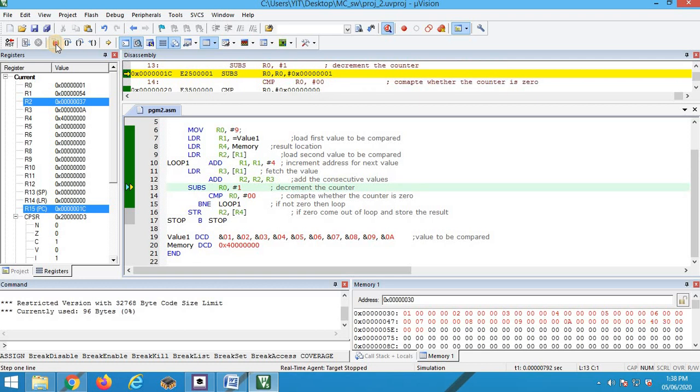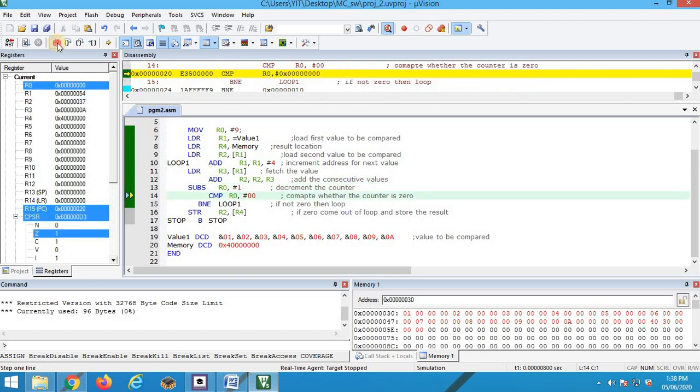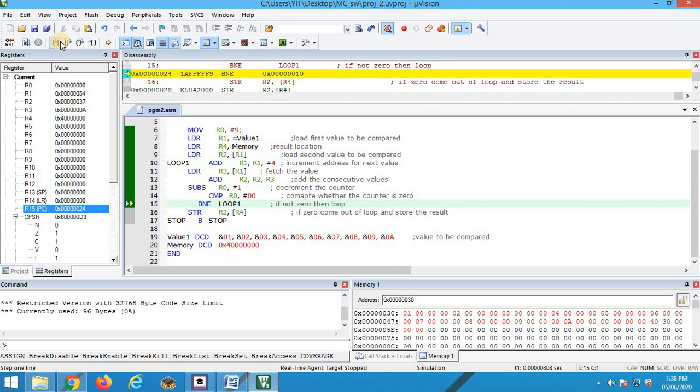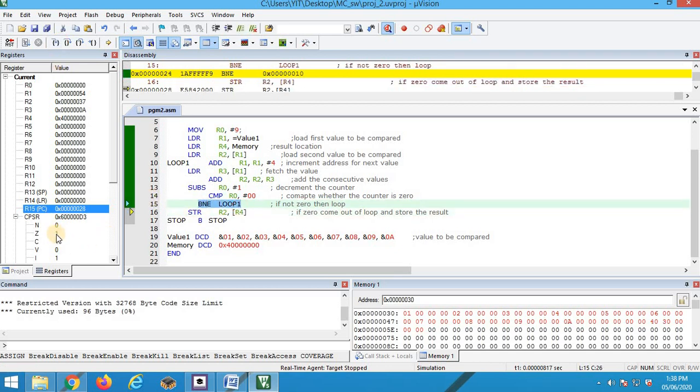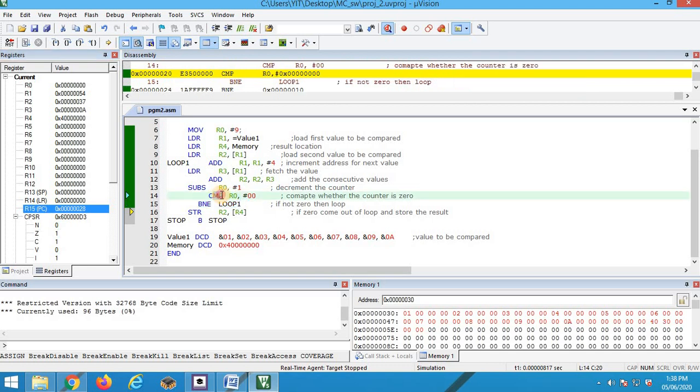After adding 10 you get 37 as the result in hexadecimal. So now the branch if not equal condition failed. Why? Because the zero flag is set. So control came out of the loop. Here, what was the last value of R0? 0. What is 0 minus 0? 0. So when the result of subtraction is 0, comparison is nothing but subtraction, the zero flag is set. When the zero flag is set, not equal fails. So control comes out of the loop.